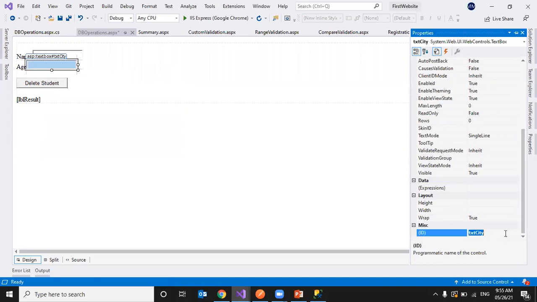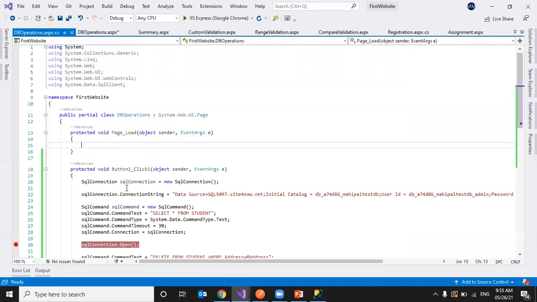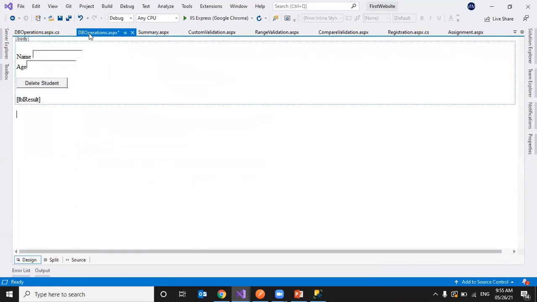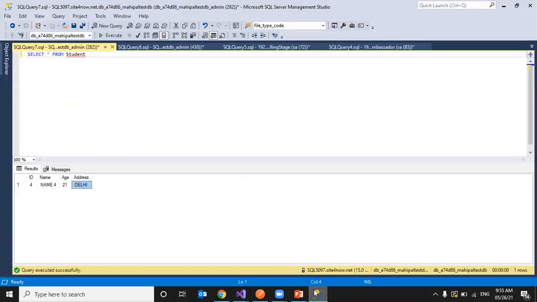I'm giving the ID as txtAge. And here, we'll do that change later. Now we have name and age.